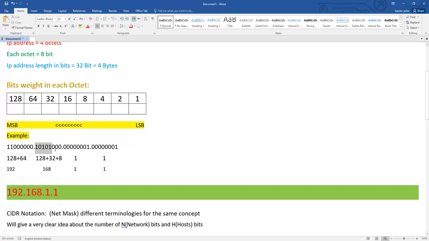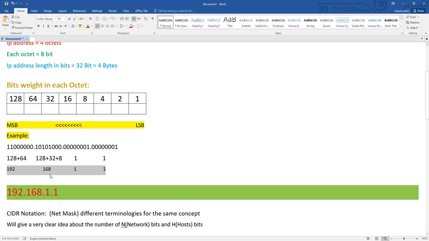Okay, let's go to the second octet. 1, which is 128, multiplied by 1, which is 128. This is 0, so it has no value. 1 multiplied by 32, because the weight of the third one is 32, and 8, this is the weight of the bit, so the total will be 168. Those are easy to calculate since this is only 1, so 1 multiplied by 1 is 1, and 1 multiplied by 1 is also 1. So we have the IP address 192.168